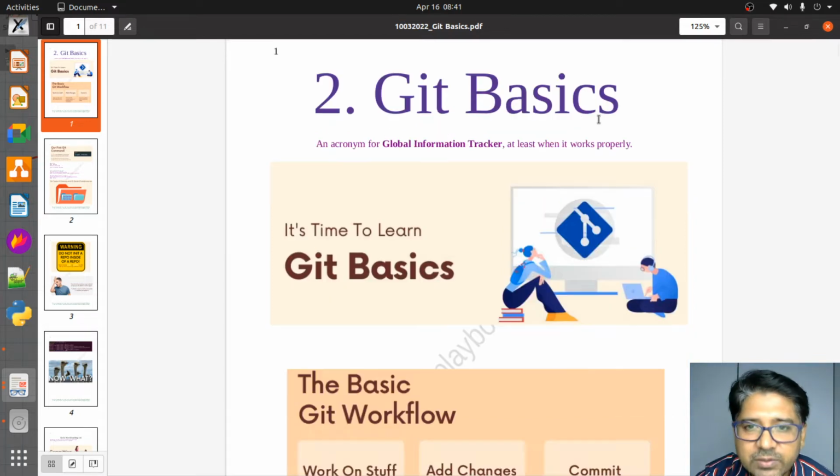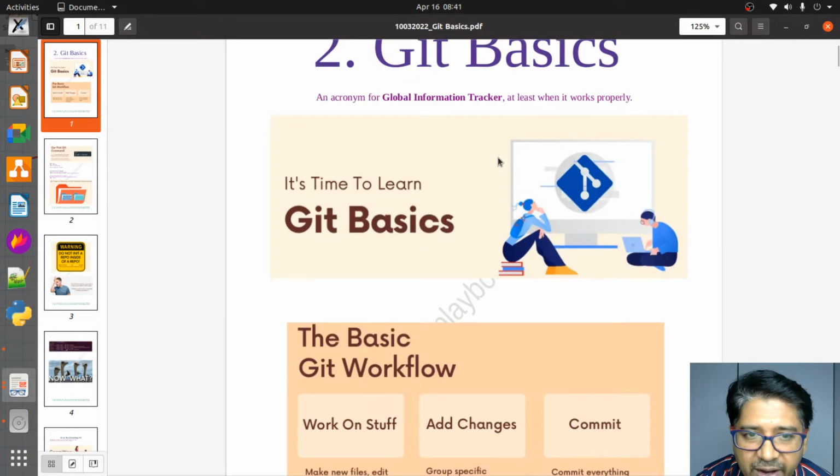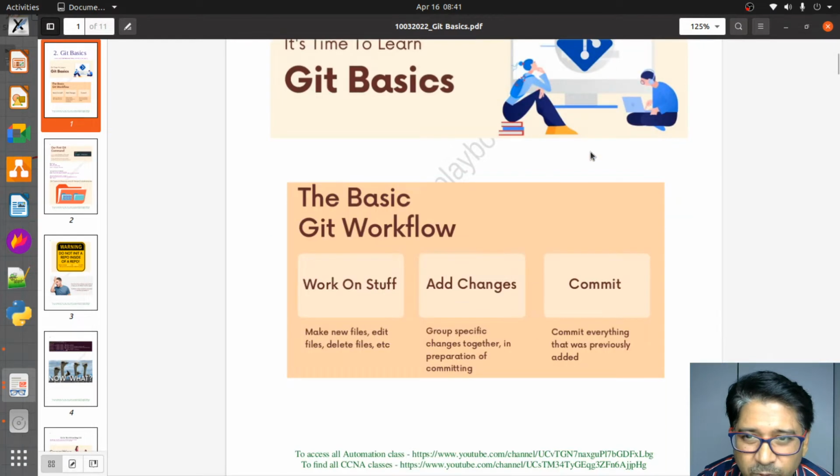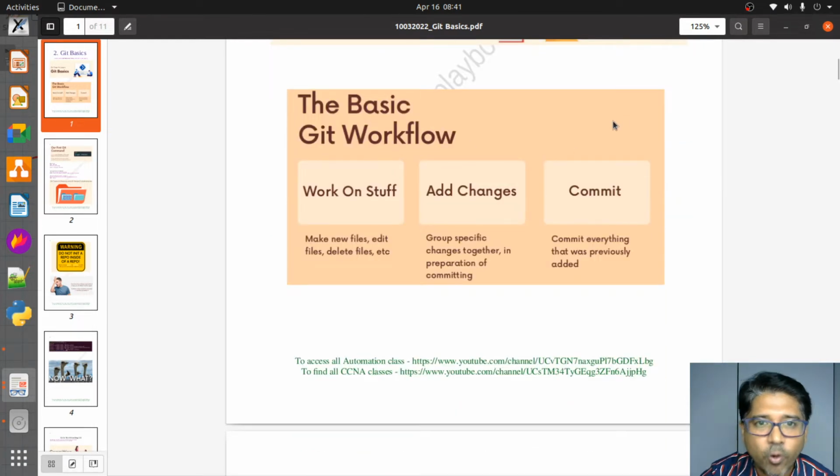So we know Git. The full form is Global Information Tracker. It's time to learn Git basics. This is the symbol, meaning this is the master branch, and these are the commits. It's a standard wherever you see the symbol, this belongs to Git. Now, what is the basic